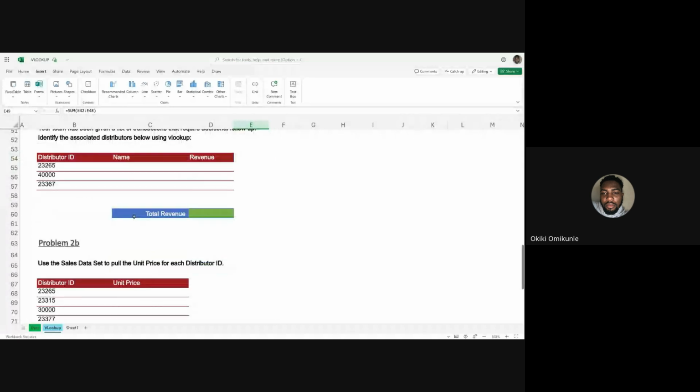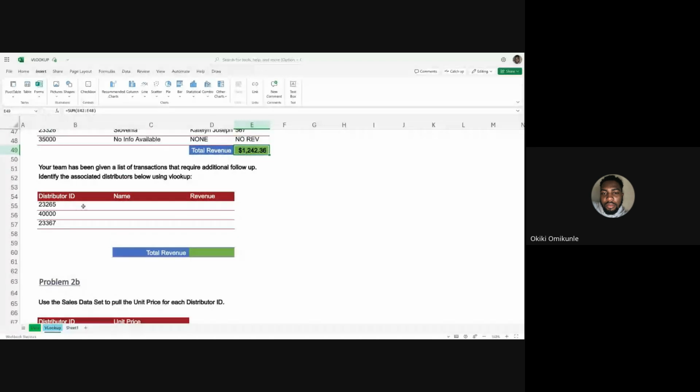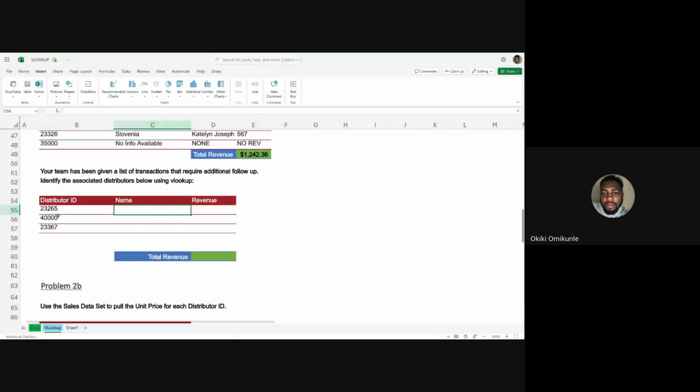Okay, so let me see if there are any. Alright. So now we want to check this as well. So let's just continue with our IF. So most times when you notice that your VLOOKUP would return an error, or once you notice that your formula will return an error, not because your formula is wrong, but because there's some aspect of your